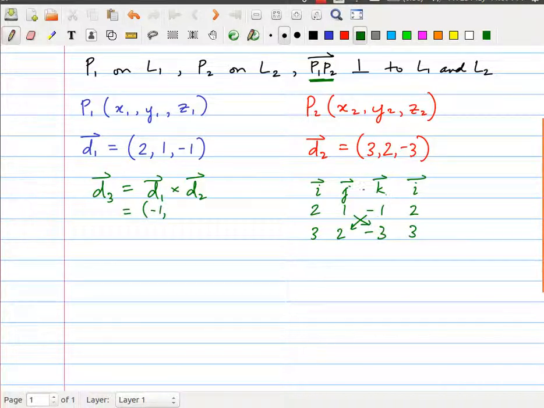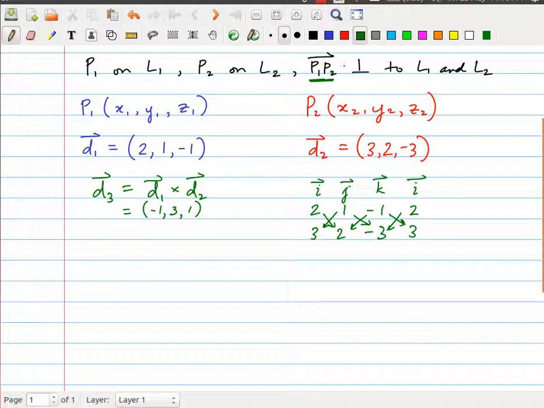And then for the y component, I'm going to use the k and i vectors. So now I do this one, which is going to be negative 3 minus negative 6, which is the same as negative 3 plus 6, which is positive 3. And then I finally do the i and j vectors, which gives me my k or my z component, and that's going to be 2 times 2 is 4, minus 3 is positive 1. So now I have a direction vector that is